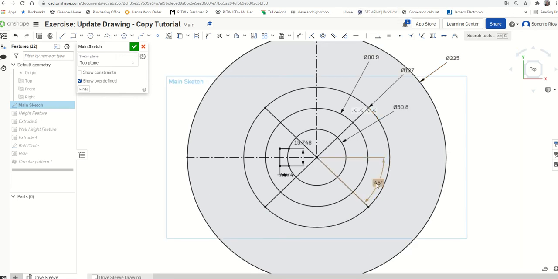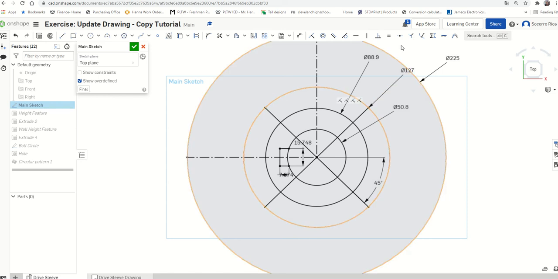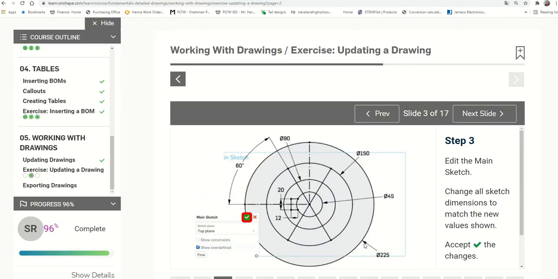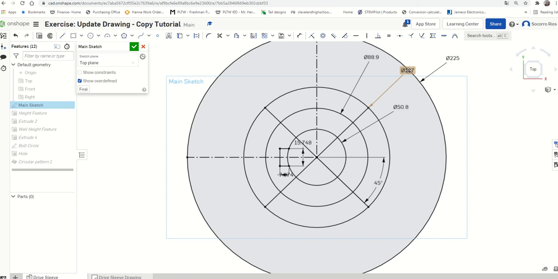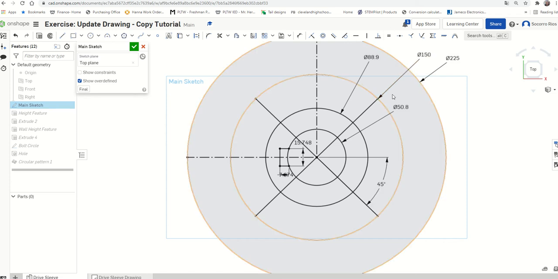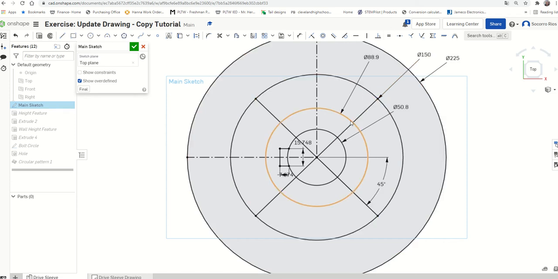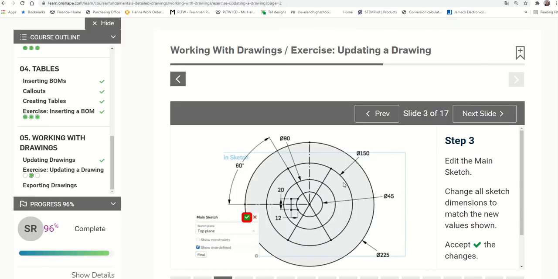The next one will be this one, which has a diameter of 127, so it's not gonna be 127, it's gonna be now 150. And then the next one will be this one, which is 88.9. So 1, 2, 3.